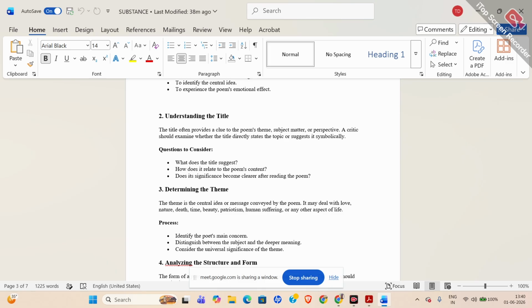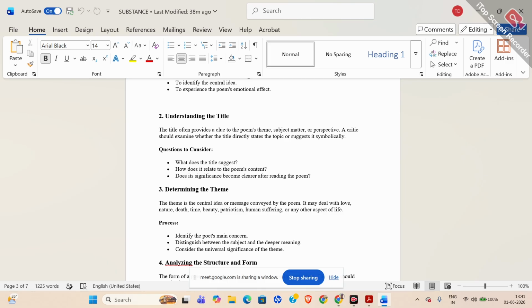So here we have to understand whether the title is going to be a kind of a title which will provide a clue to the theme or the subject matter or the perspective in which the poem was written, how the poet is talking, পোয়েটের থিমটা কি, সাবজেক্ট ম্যাটার। ক্রিটিক মানে একজন লিটারারি ক্রিটিক যিনি কবিতাকে অ্যানালাইজ করছেন,